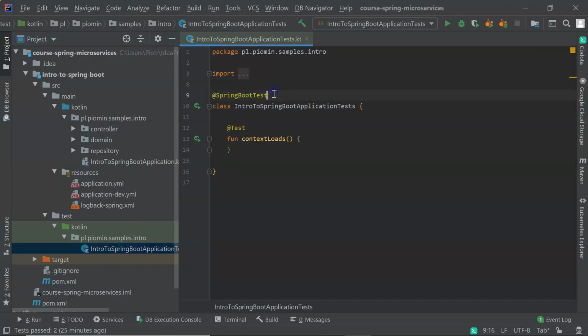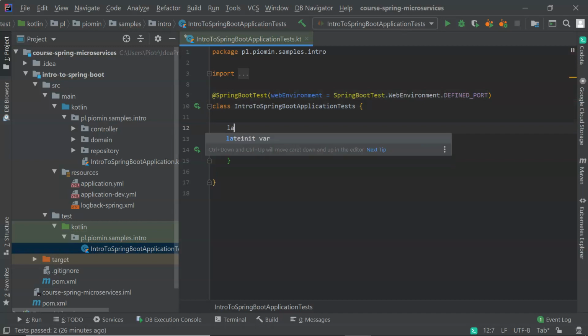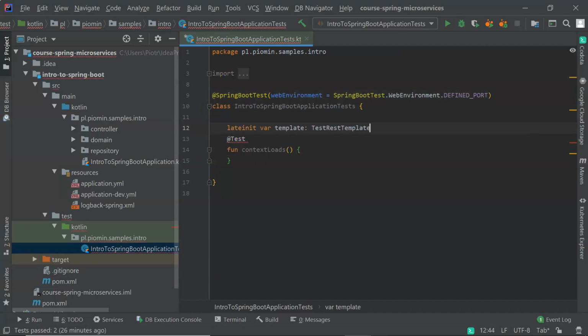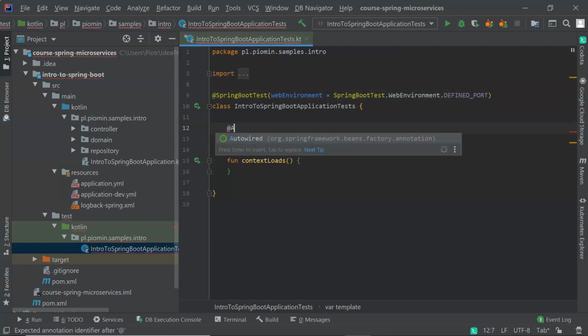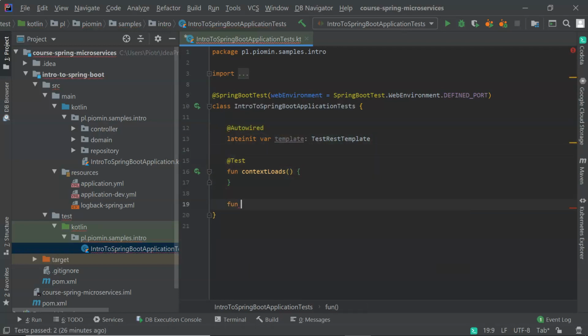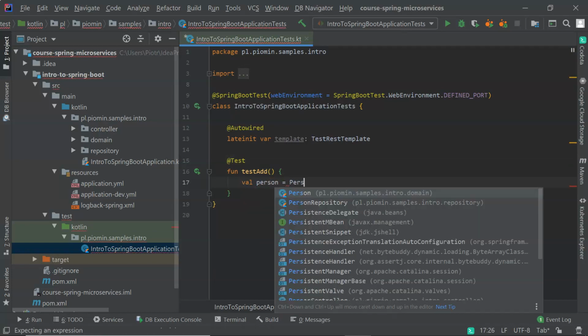Okay, and the last topic is testing. Start Spring IO site has generated very simple tests without an interesting test for us, so we will change it a little. We are defining a web environment with a static defined port 8080, and we are injecting test-rest template for calling our endpoints. Our first test method is